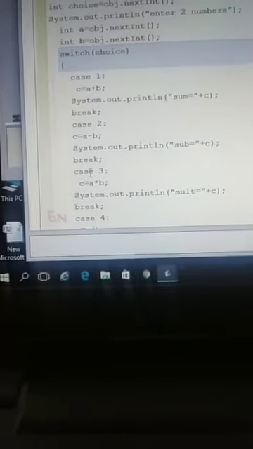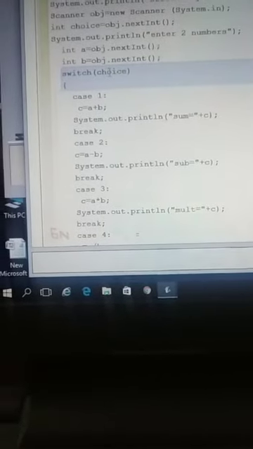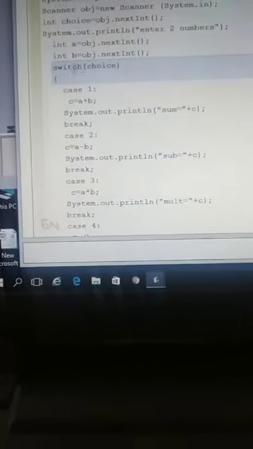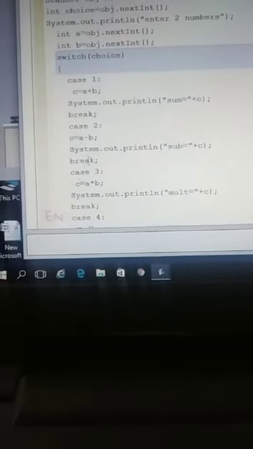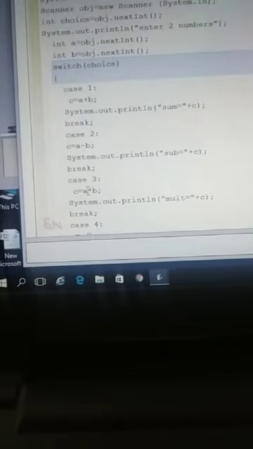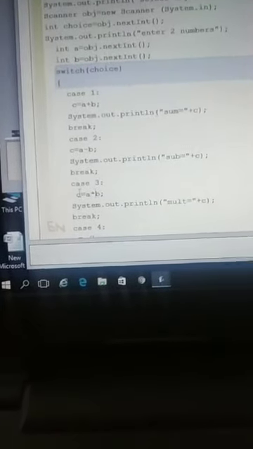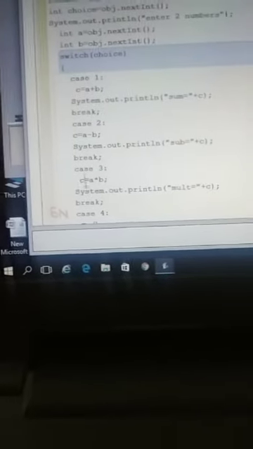As soon as the value of choice is given by the user as 3, from switch 3 it will come here: c is equal to a into b. Suppose the user gives a is equal to 3, b is equal to 4, then 3 into 4, 12 will be stored into c, and then System.out.println multiplication plus c, 12 will be printed.